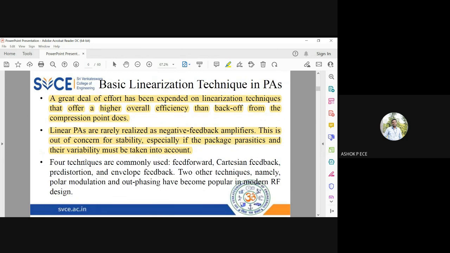So four techniques are designed for that purpose. One is feed forward, Cartesian feedback, pre-distortion, envelope feedback. So these four techniques are going to linearize the power amplifier so that they can have more efficiency. And in recent days in RF techniques, polar modulation and outphasing has become